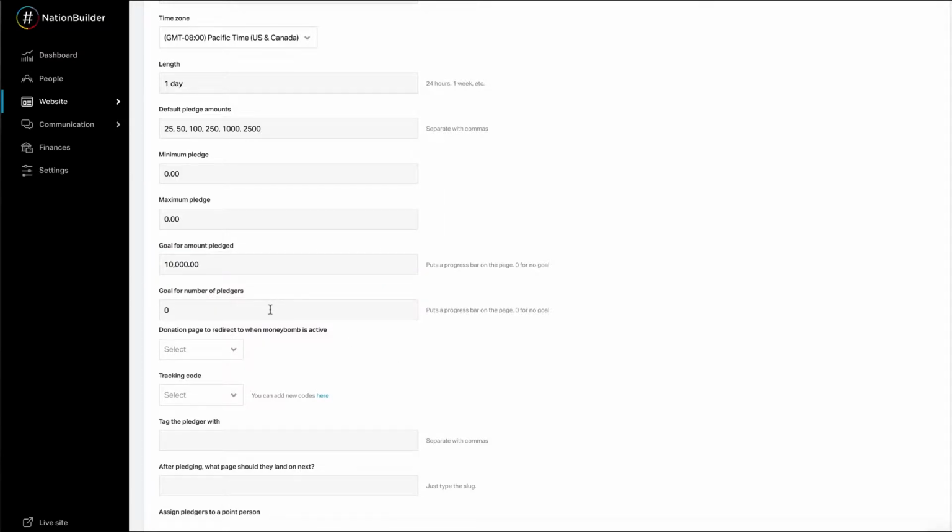This is optional. Goal for number of pledgers. You can enter the amount of supporters you'd like to have pledge. This will also display a progress bar on the Moneybomb page so supporters can see how much progress has been made toward your goal. This is optional. Donation page to redirect to when Moneybomb page is active. If you'd like people who pledge to be directed to an actual donation page, set that here by entering the